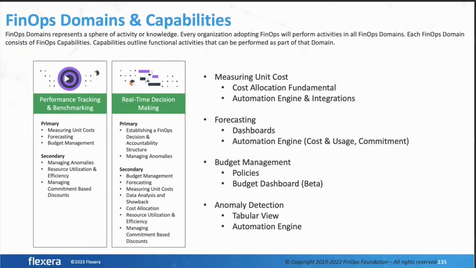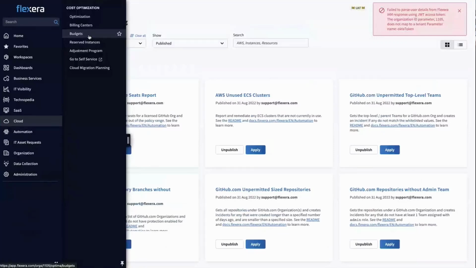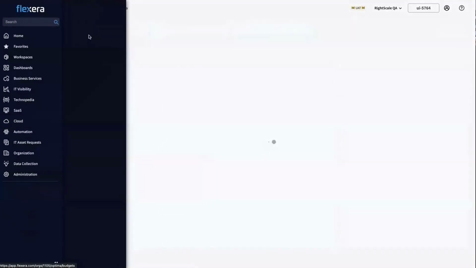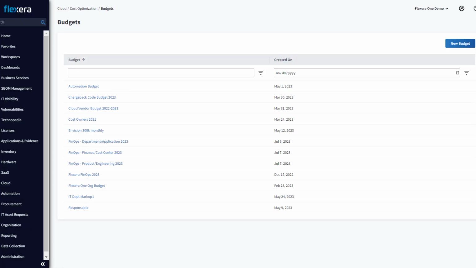So let's have a look at budget. I'll give you a quick demo of what is coming in the platform, and then just show you the policies that we have at the moment for budget management, just so you get a clear idea of what's going to happen. A cloud budget menu option for you, and this is going to enable you to go in and